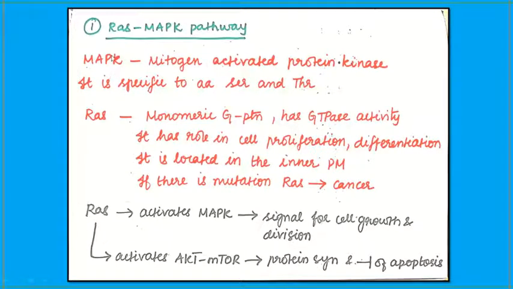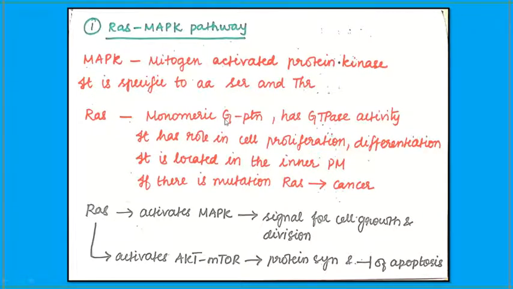Since the name kinase is coming, it means it is an enzyme first. Secondly, this is involved in phosphorylation, and it will specifically phosphorylate the amino acids serine and threonine. The amino acids on which phosphorylation takes place are serine, threonine and tyrosine. These are the three amino acids on which phosphorylations happen. Okay, so next we are going to understand what is RAS protein.